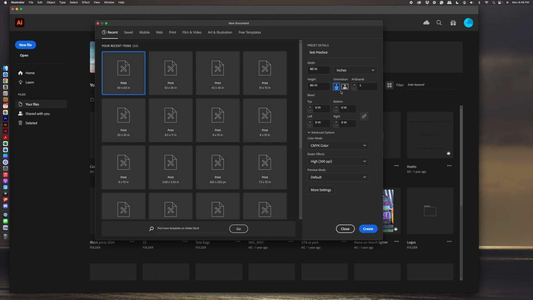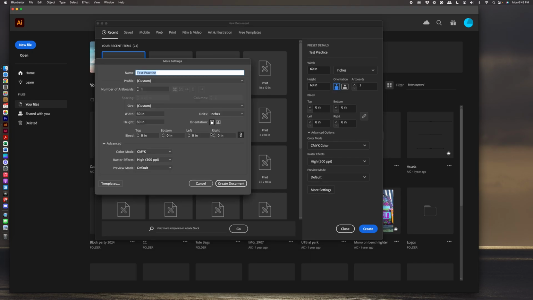whatever you're using. Orientation doesn't matter for us because we actually have a square, and we only want one artboard at this time because we're just going to have a big playground where we can play with what we want to do. The rest of these things really don't matter, but also just to note that you can click on